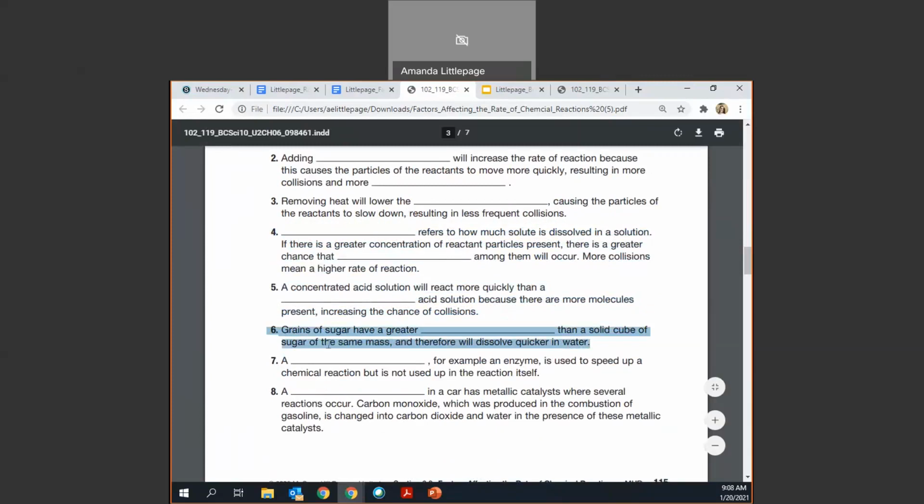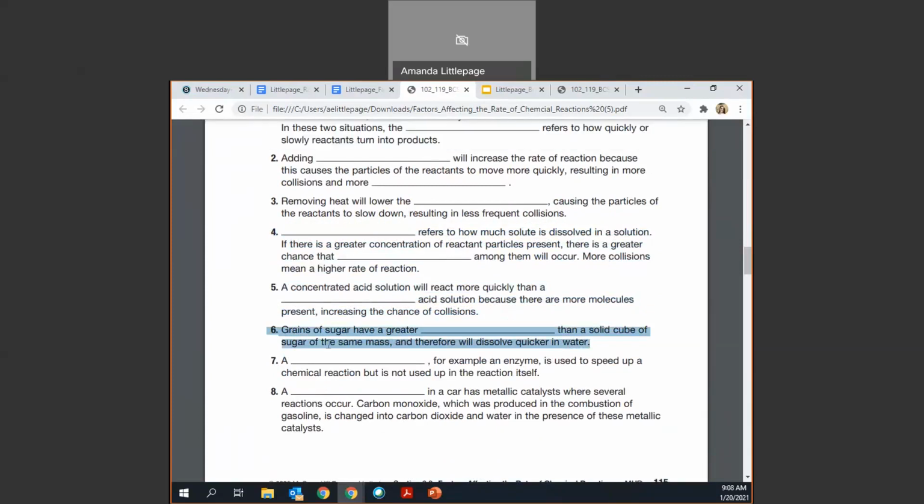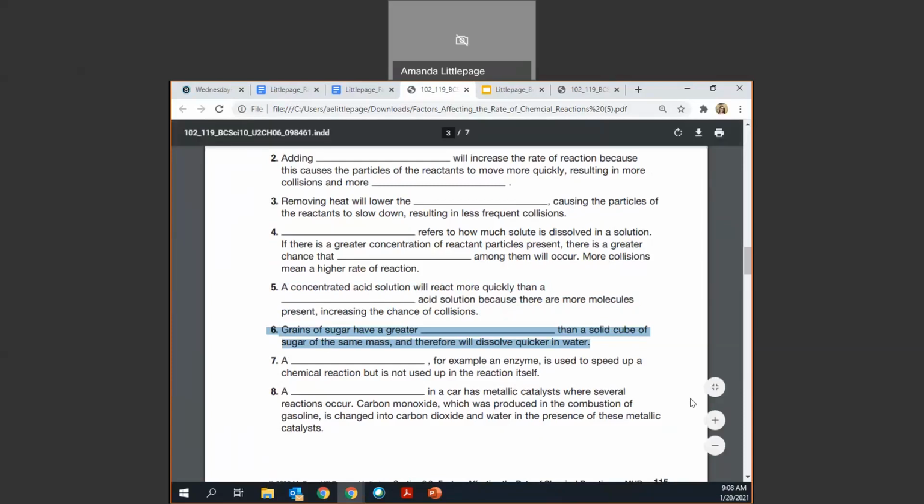Number 6, grains of sugar have a greater surface area than a solid cube of sugar of the same mass, and therefore will dissolve quicker. So the greater the surface area, the faster things will dissolve. Number 7,